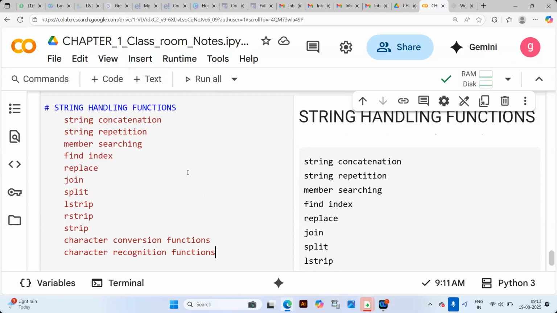These are all the string handling related functions. We can apply them on the string and we can get the desired output.